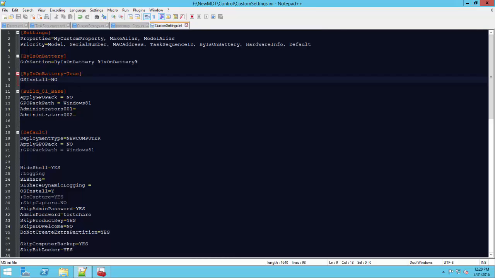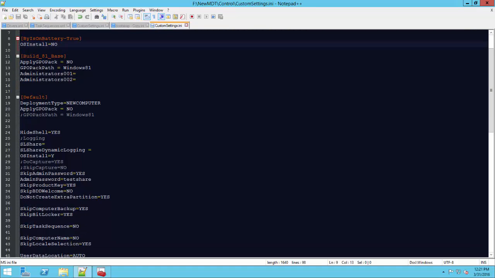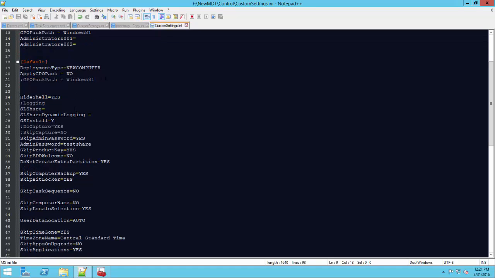Now looking down, we're going to skip this section. I'm not applying any GPO packs, so let's say it goes to the default section code. We're going to tell it deployment type, new computer, no GPO pack. Remember, everything grayed out with a semicolon in front of it is a comment, and it's not a line of code that will be processed. We're going to tell it to hide the shell, and right here I have a comment that says logging, which means that the next few lines of code, which appears to be 2 of them, are going to pertain